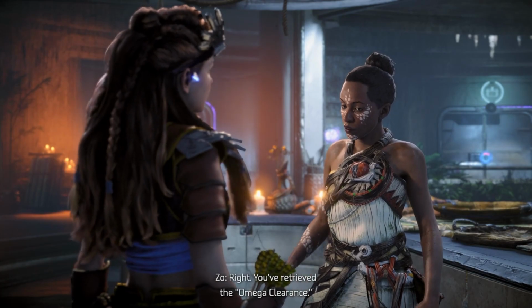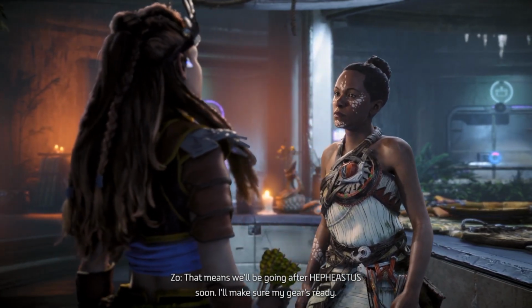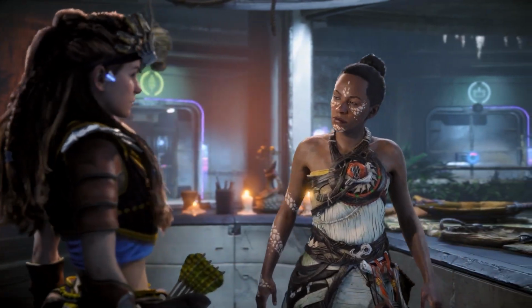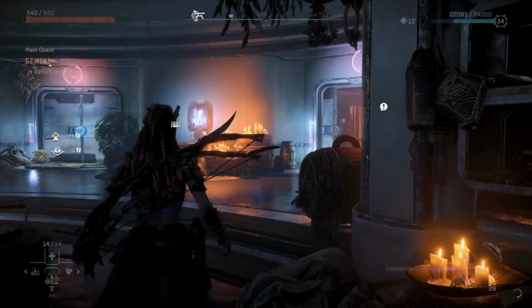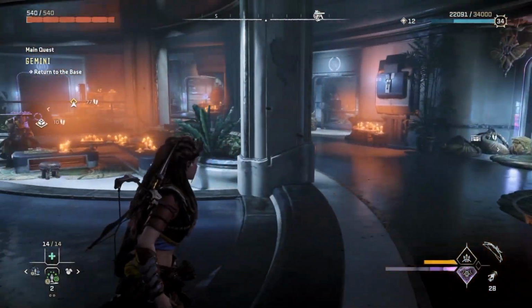Right. You've retrieved the Omega clearance. That means we'll be going after Hephaestus soon. Yep. I'll make sure my gear's ready. Good. Got home for a weekend now. Nice. Alright,